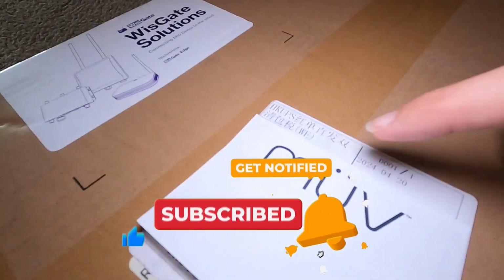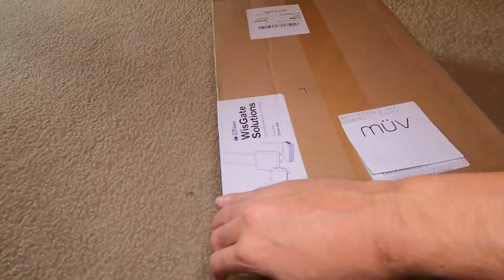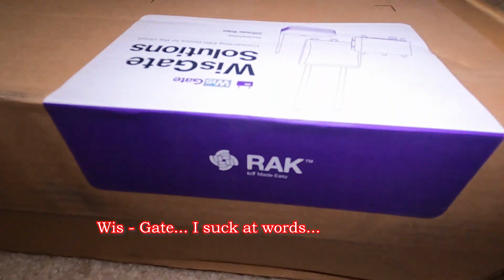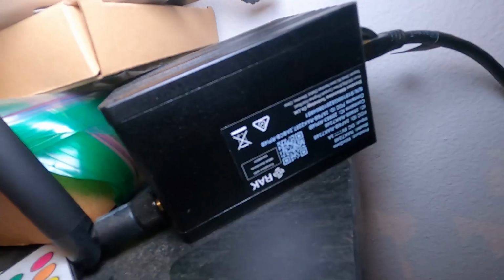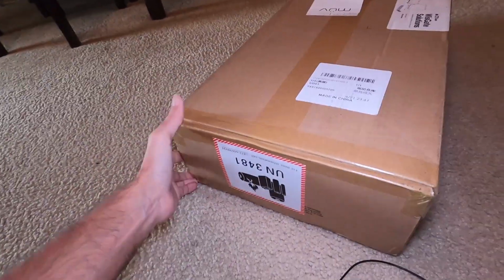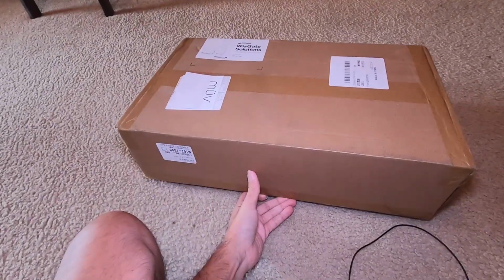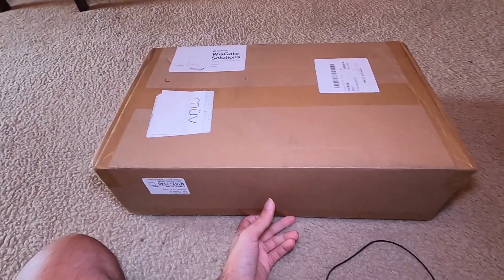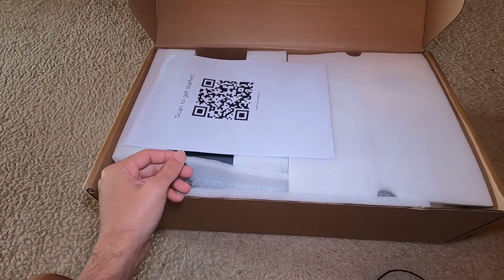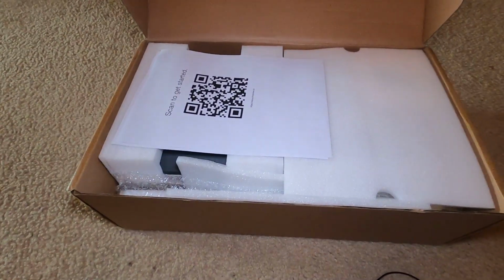In this video we're going to be taking a look at what's inside this box. What is in here appears to be one of one, maybe one of the first ones sent out, but it is a WiseGate Solutions with a name we're all too familiar with, RAK. Just like this little guy right here, which is a Helium miner. However, this is not Helium. This is Chirp, a DePIN, or decentralized physical infrastructure token, right? So Chirp token is the actual name, and it's another LoRa IoT network building decentralized infrastructure